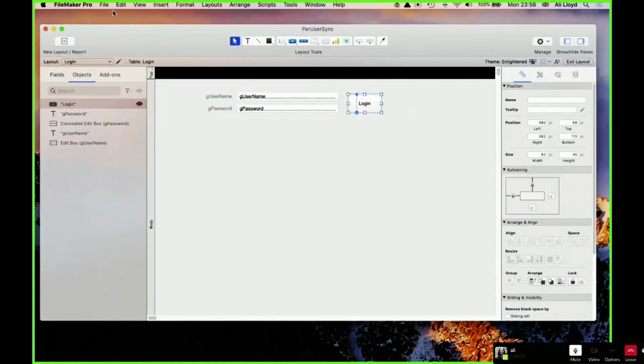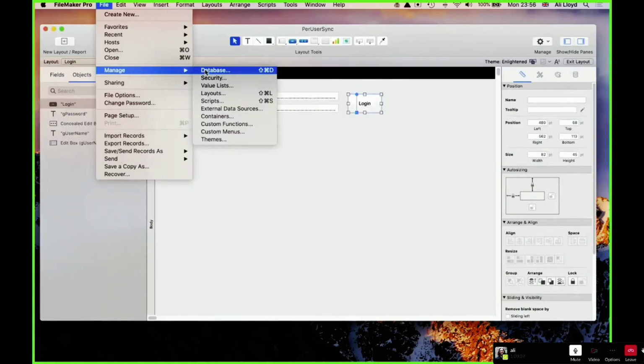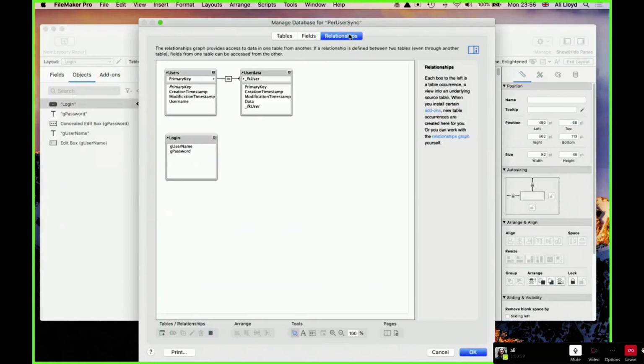So I'll just quickly go back to the database here, explain what I mean there. This app has got a users table. Each user has a primary key, and then all the data for all users is in the user data table, but it has a foreign key, which is equal to the primary key of that user.